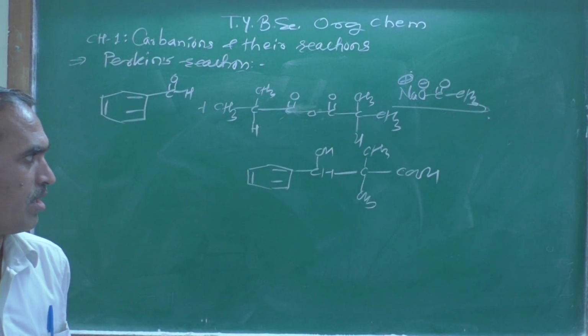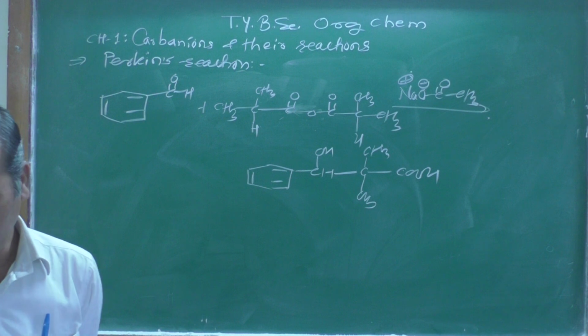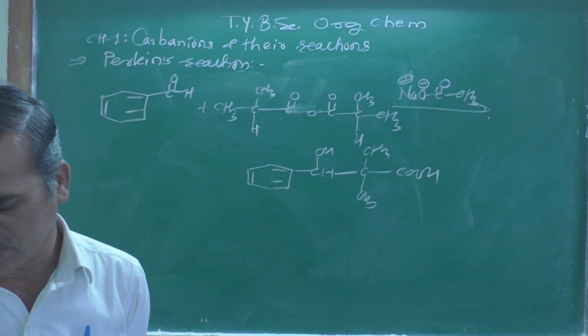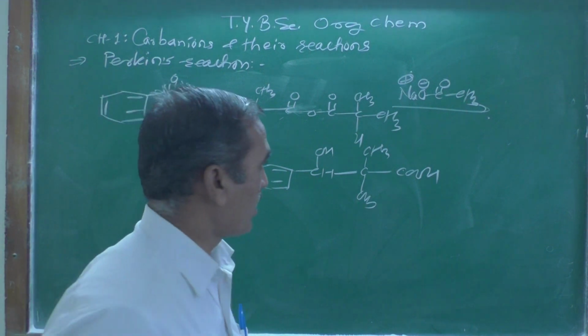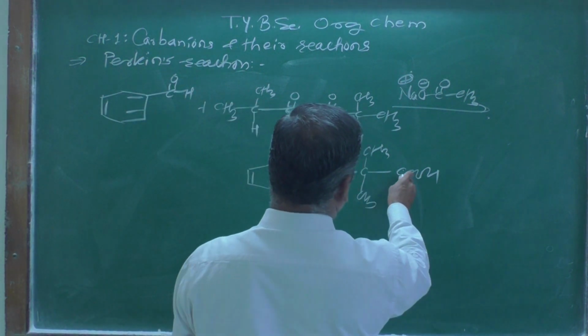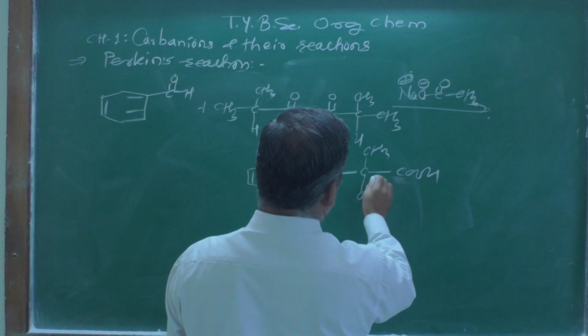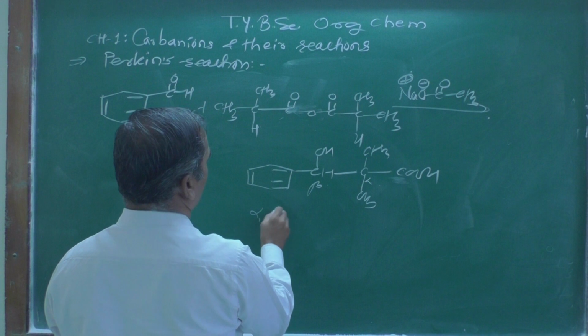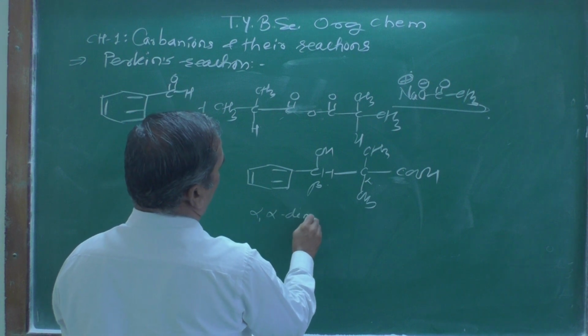You are going to get alpha, beta hydroxy acid, that is alpha, beta hydroxy beta phenyl propanoic acid. The IUPAC name of this compound: the alpha position, so alpha dimethyl